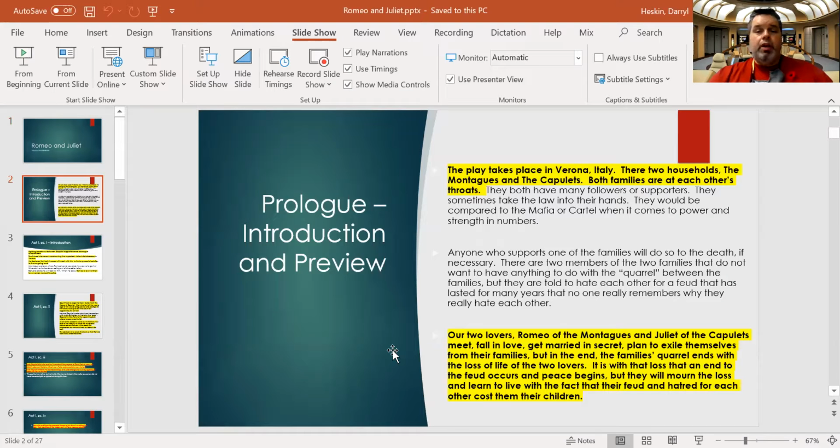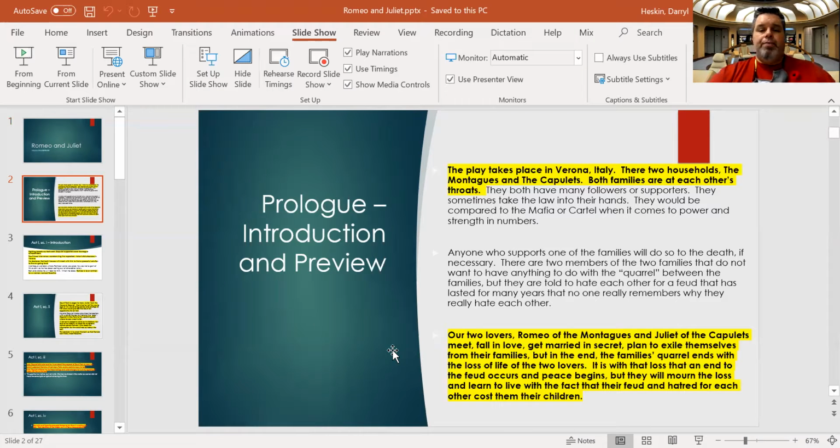The play takes place in Verona, Italy. So there's two families, the Montagues and the Capulets. And they've been fighting for who knows how long they've been doing this. And they probably don't even remember the reason. We have Romeo, who's a Montague, Juliet's a Capulet. Both of them fall in love, and they get married, and they want to live in exile, free from all the feuds. And unfortunately, they can't be together, and so then they lose their lives at the end. It's the loss of those lives that ends the feud, brings the two families together, but it's a really high